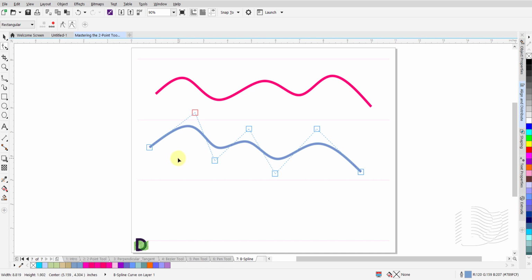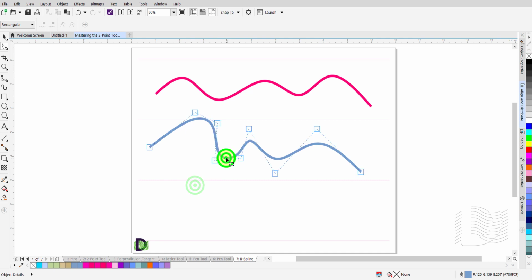In order to help you edit and shape your B-spline, you can add nodes at any point that will help you achieve the desired results. Click on a spot on the B-spline where you want to add a node. Up in the Properties bar you will see a green icon with a plus sign. Click on it to add a node. You can add as many nodes as you need to get the perfect shape you are looking for. These nodes can be manipulated to achieve the results you seek.